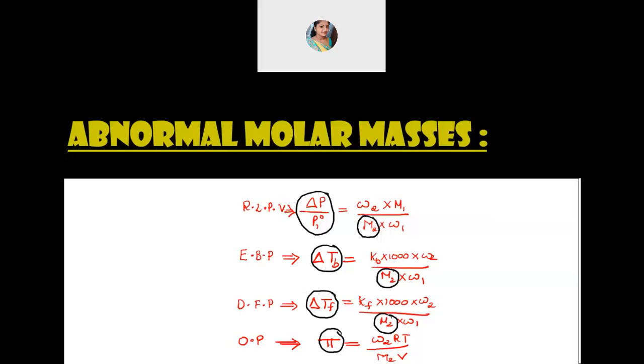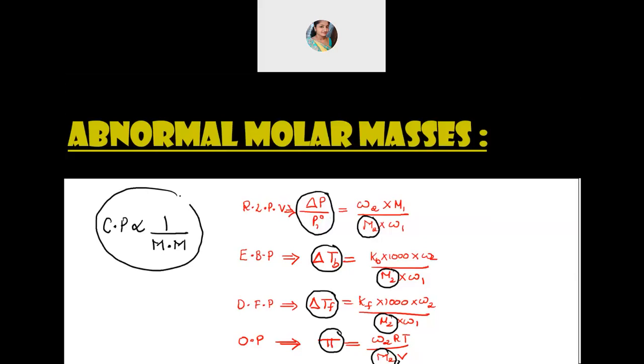That means if the value of the colligative property changes, it will affect the molar mass. Agree with that? This point you need to keep in mind, okay? Later I'll be asking you once again. Since I've written these formulas, I wanted to tell you the relationship. All the 4 colligative properties are inversely related to the molar mass. So if you change the colligative property, it will affect the molar mass of the solute. So I'm writing here: colligative property is inversely related to the molar mass.